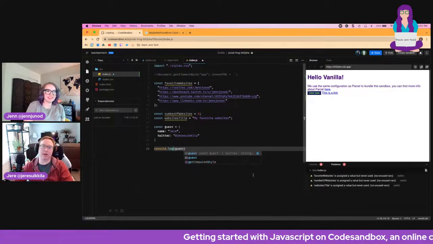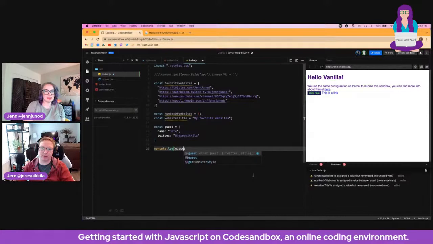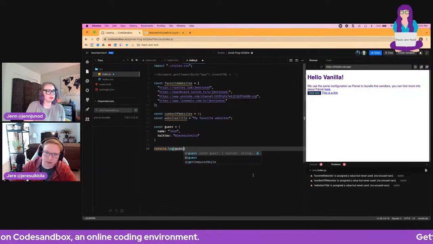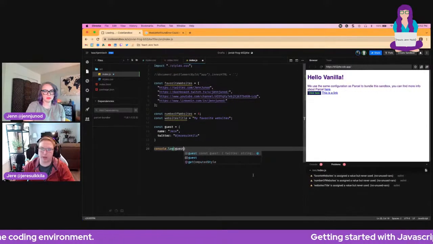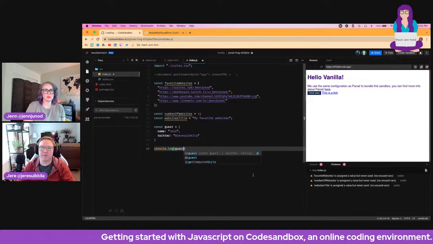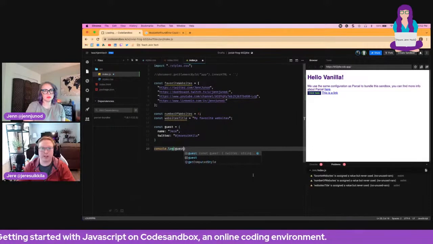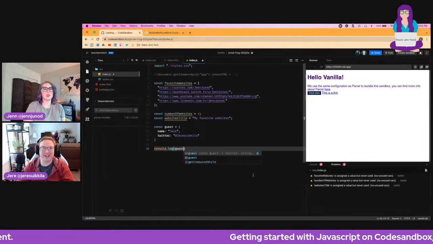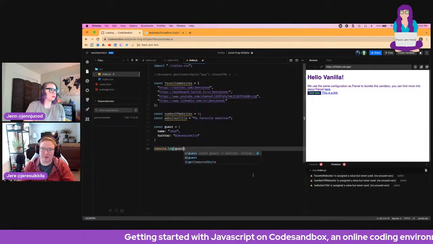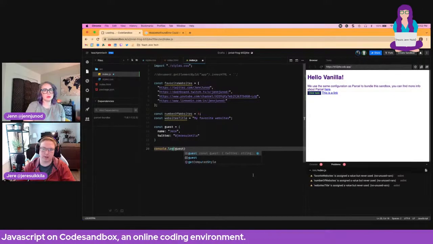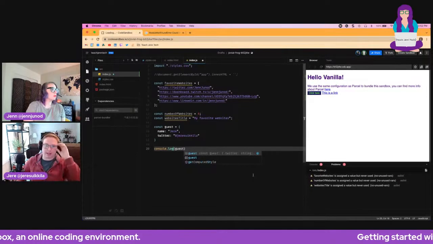In this case, the problems area is giving you helpful hints that you don't have to follow. Nothing breaks if you don't follow them, so it's okay that we're not using this variable right now. It's just a hint that we're doing something that doesn't make sense: we are assigning variable website's title, but then we're not using it anywhere. Now guest is being used because we're at least logging it out, and it's only printed in the console. If you look at that now, instead of the problems, you can see it now has the guest there.